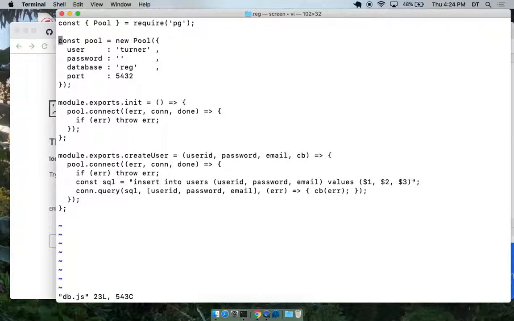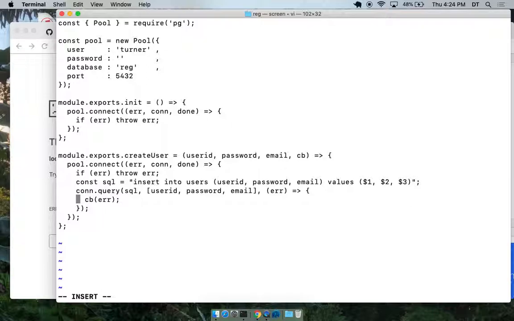All right, look at this create user. Get the user ID, password, and email. We try to do this insert. And if we get an error, then it could be that the uniqueness constraint on the email failed, or else the user ID is not unique either.